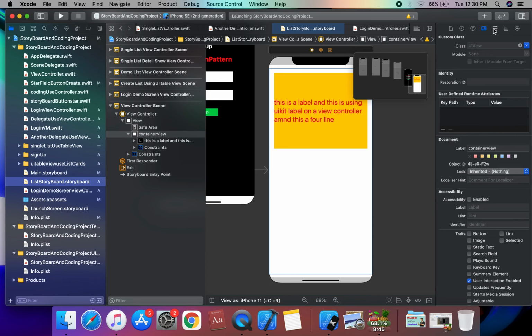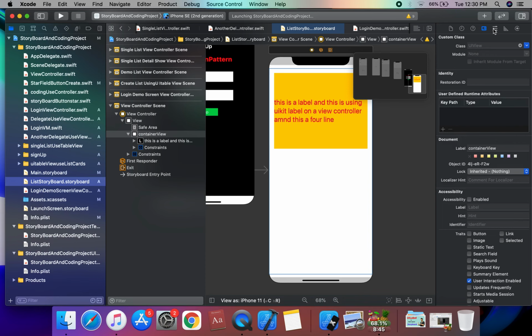We can change the device from iPhone 11 to iPhone 2nd generation, and configure the constraints. Leading is 20, width is 100, height is 30, and top is 20. We set this title label.